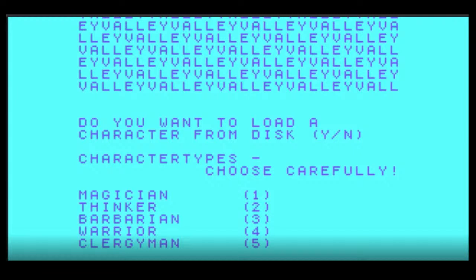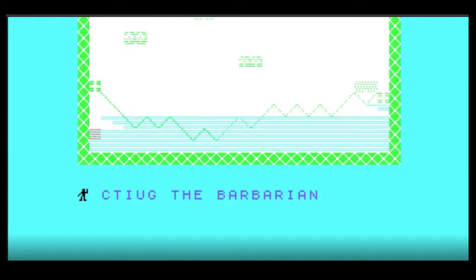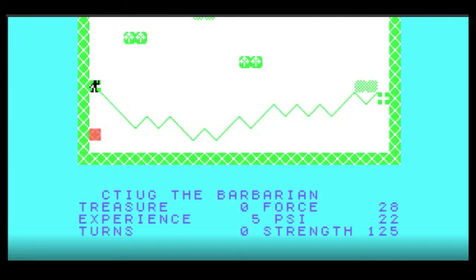A magician, a thinker, a barbarian, a warrior, or a clergyman. Well, 3 out of the 4 require a little more mental agility than a barbarian or a warrior. So I'll choose the barbarian. Good luck, CTIUG, the barbarian.